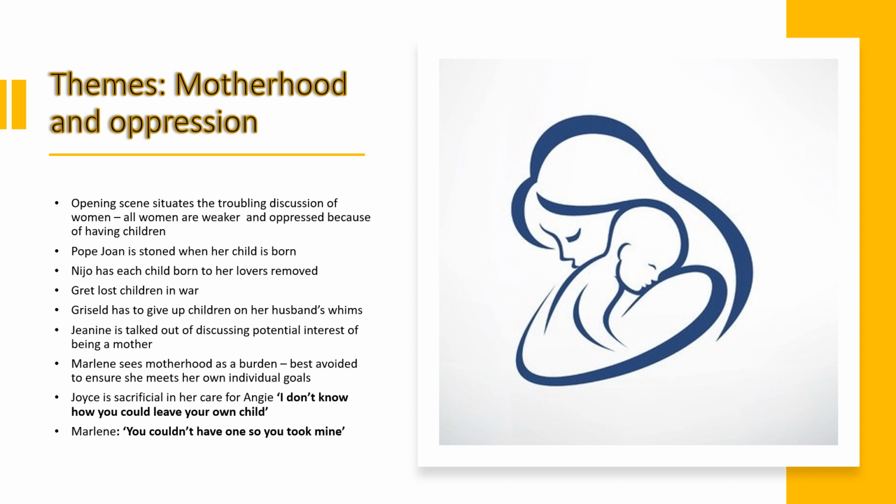Pope Joan is stoned when her child is born. Nijo has every child born of her lovers removed. Gret's lost children in war. Griselda has to give up children on her husband's quite strange and obscure whims. And then we have to recognise that in each phase of the play, we're introduced to another woman who experiences